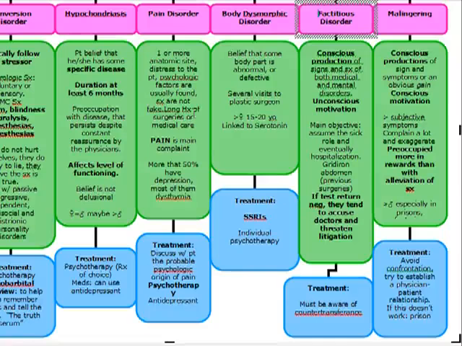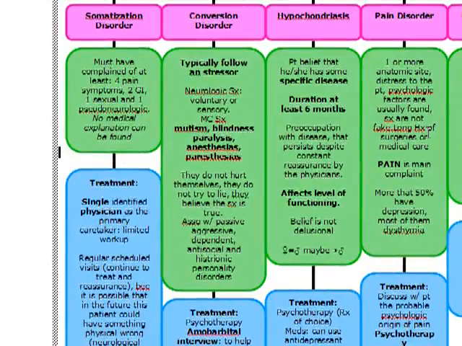And once again, we're going to discuss the probable psychological origin of the pain, and we're going to provide them with psychotherapy. Next, we're going to go into body dysmorphic disorder, and the easiest way to remember this is Michael Jackson. They believe that some part of their body is abnormal or defective, so they're going to visit the plastic surgeon often, okay? This is going to be a very easy test question. You're going to be able to recognize this very easily, and just know that the treatment is individual psychotherapy along with SSRIs, okay?